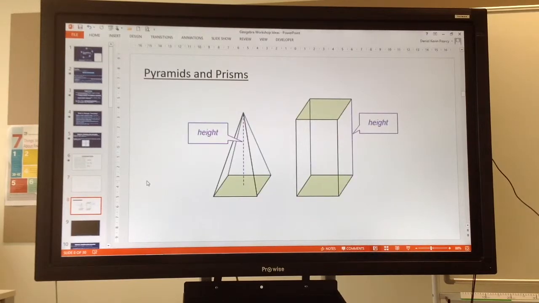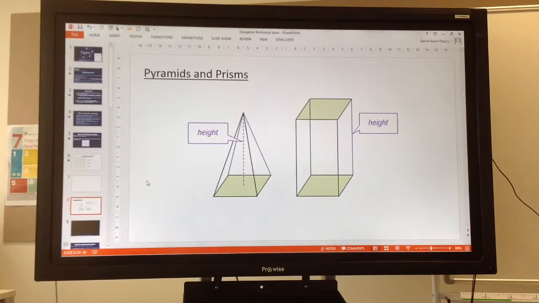As another example, if you're looking at the volumes of pyramids and prisms, then here's a square-based pyramid and a square-based prism, and you might ask the students what those two shapes, 3D shapes, have in common. And obviously they'd say that they have the same perpendicular height and the same base. So I wonder if they have anything in common in terms of their volumes,